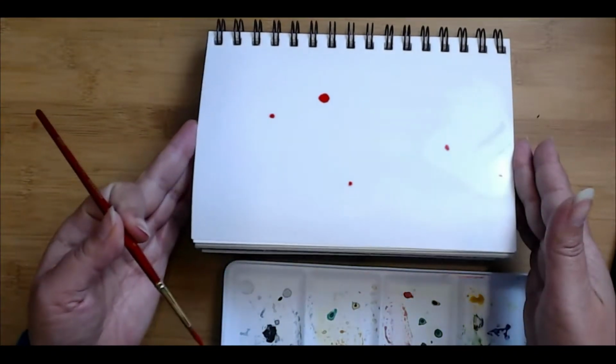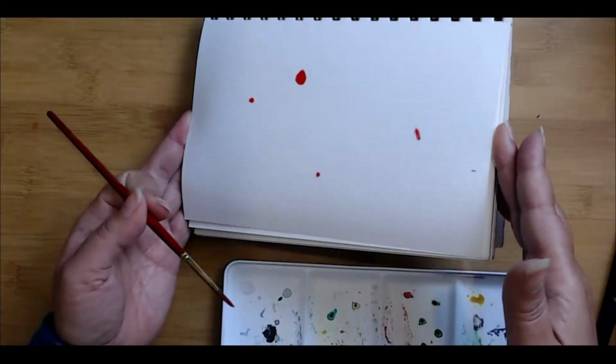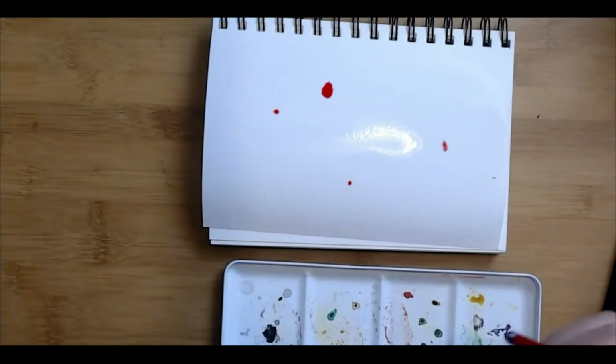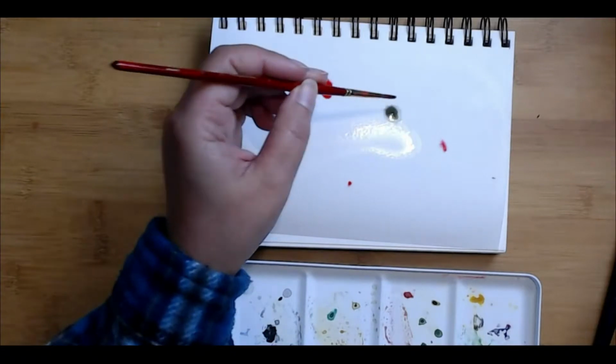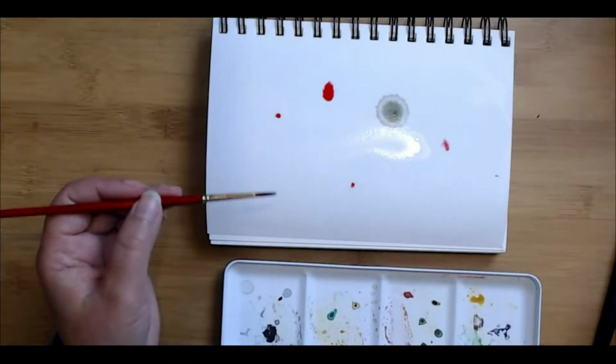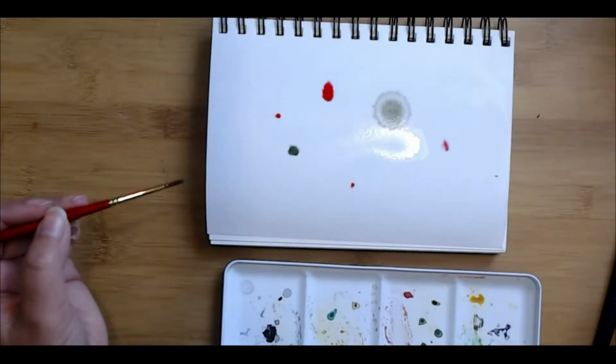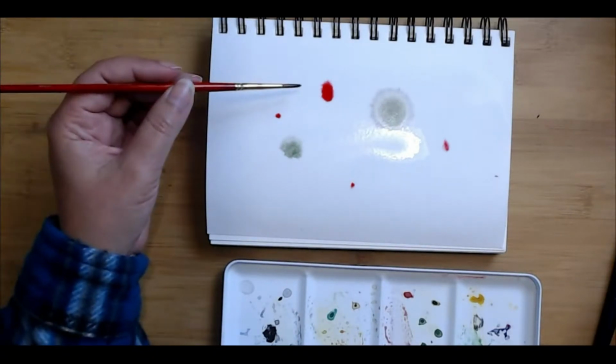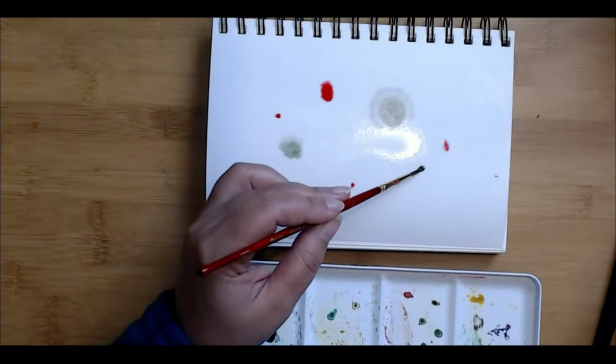But you can also move them. So you could get dribbles of things happening and you could bring in different colours. You could use a bigger brush if you wanted to. Let's put some green in here. So you get things like that happening too. And it'd just be interesting to see what happens afterwards when it's dry,